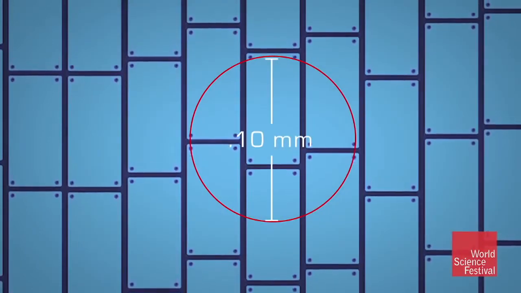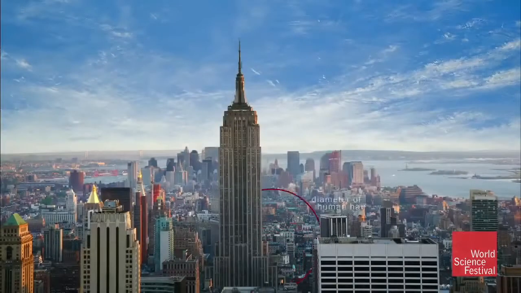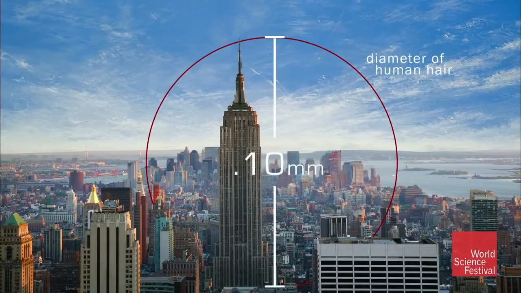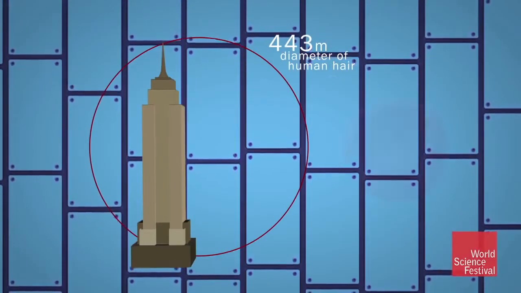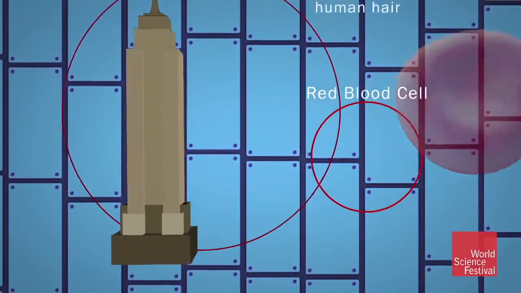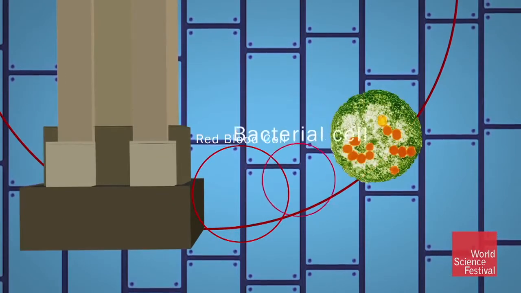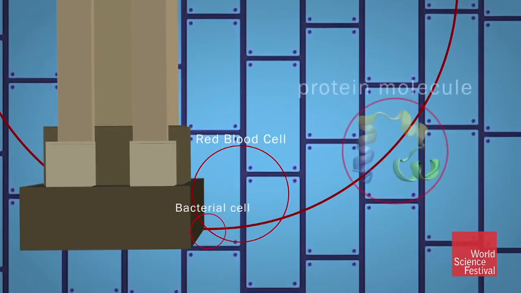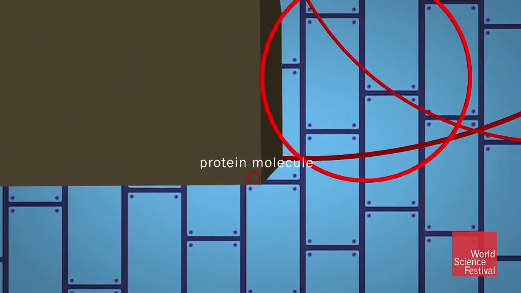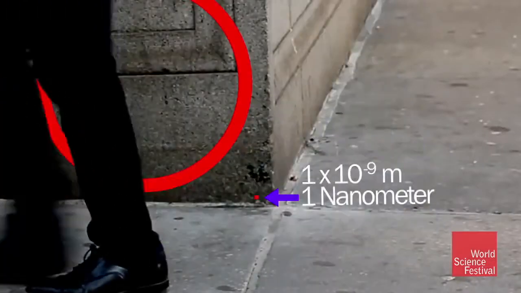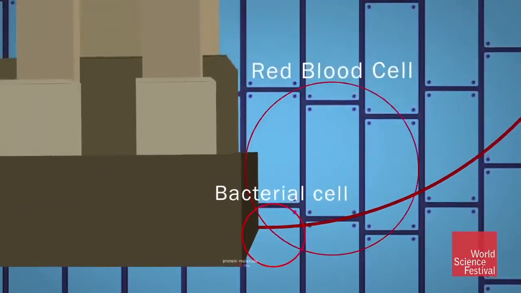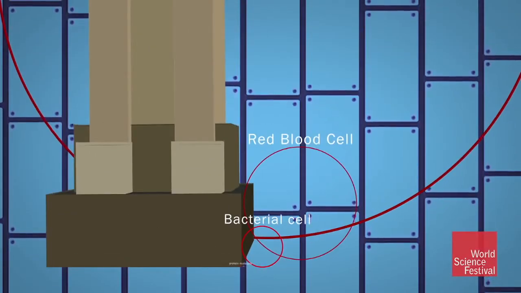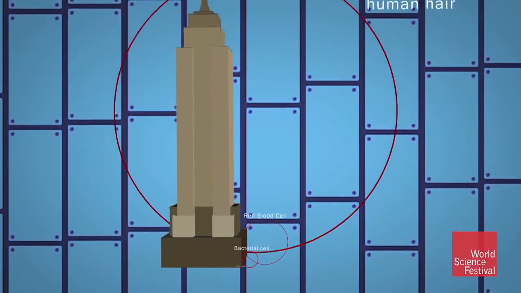To understand the small, we're going to scale it up to skyscraper proportions, and return to our human hair and blow it up to the size of the Empire State Building. A typical human cell, say a red blood cell, would rise to the 10th floor. A bacteria cell, the 3rd floor. Working down our scale, a run-of-the-mill protein molecule would be the same height as a small dog, about 1.5 feet. And a nanometer? On our Empire State scale, it's less than 1/4 inch. That's about the size of 5 microscopic atoms placed end to end.